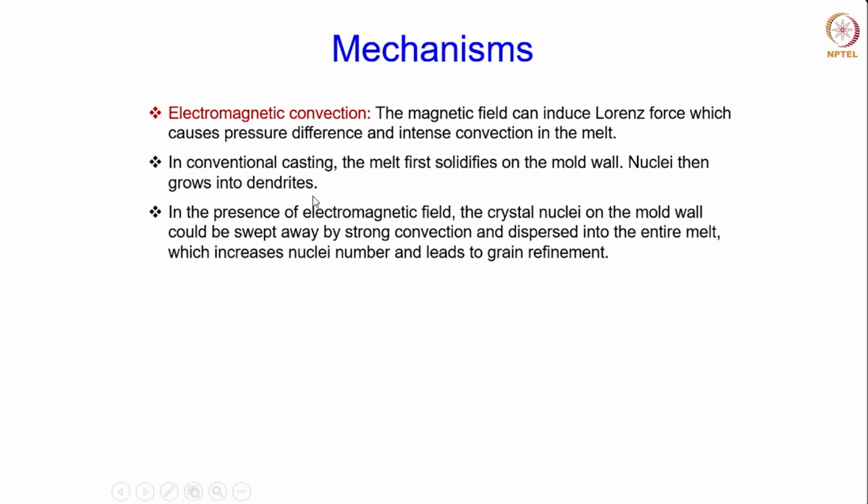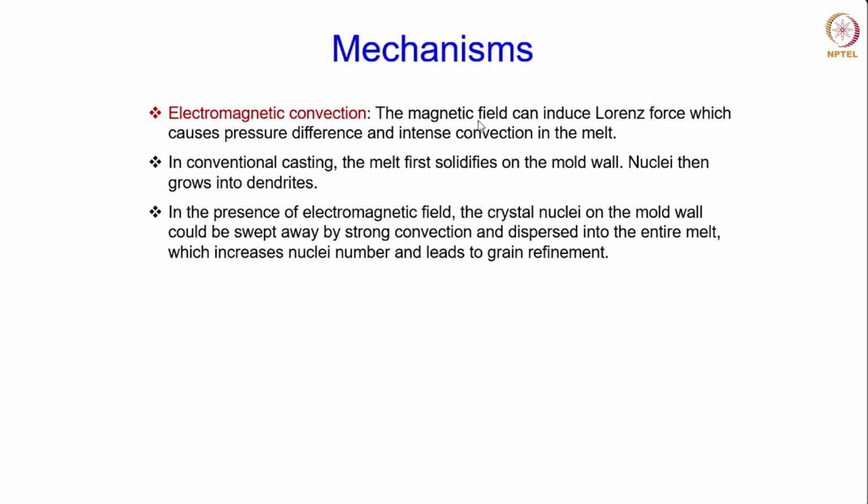So in conventional casting, the melt first solidifies on the mold wall, as I was mentioning, and the nuclei will then grow into dendrites. But in the presence of the electromagnetic field, what happens is that the crystal nuclei on the mold wall could be swept away by the strong convection, right? So we have already understood how this convection is created due to the presence of the magnetic field in the